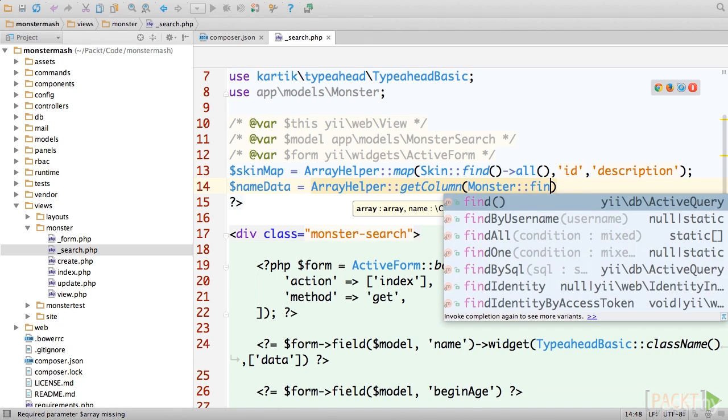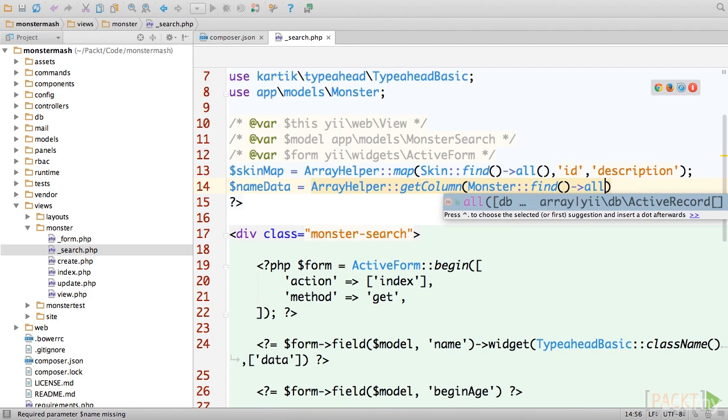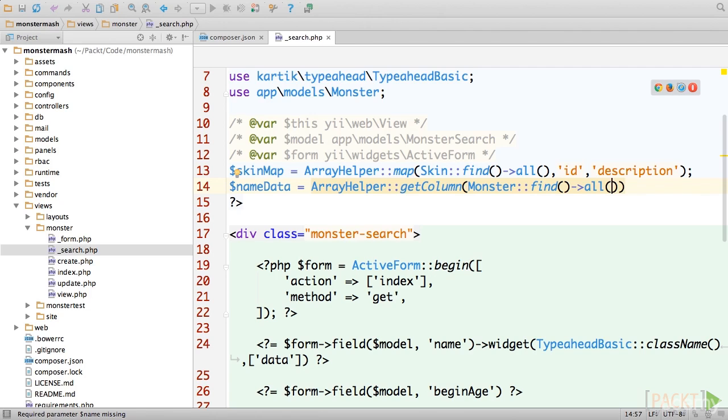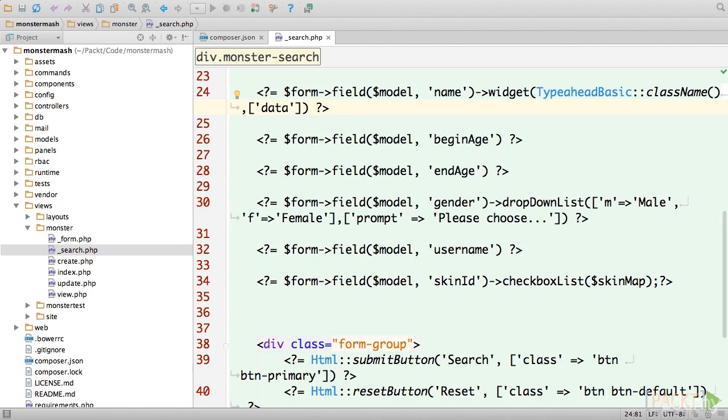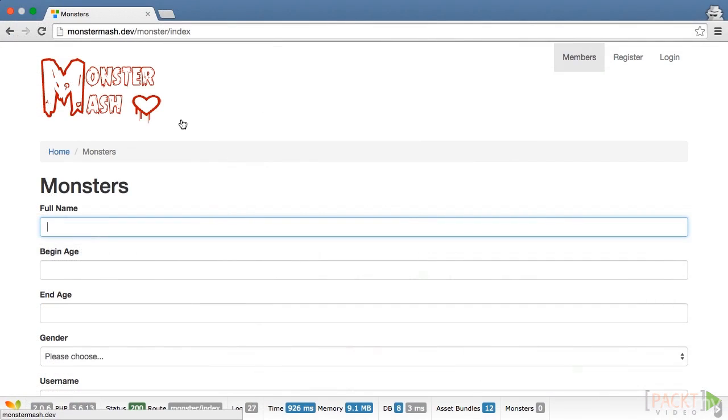We'll use the findAll method of the monster class in order to retrieve all of our monsters. The second parameter is the name of the attribute to populate our array with. In this case, it's obviously name. Now, go back down to your widget call and add your monster name array to the data option. Save the file and go back to the monster list page. Start typing in the full name search box, and you'll see that we start to see suggestions that match the